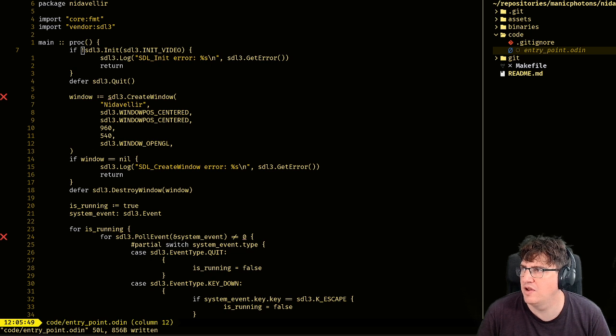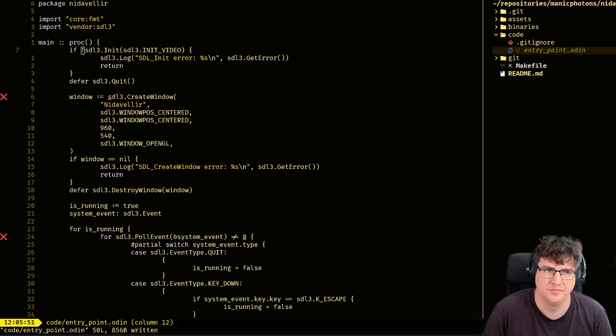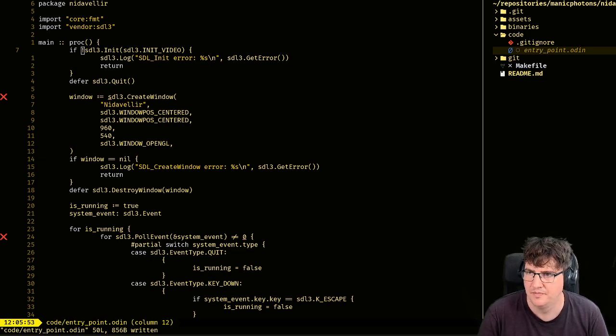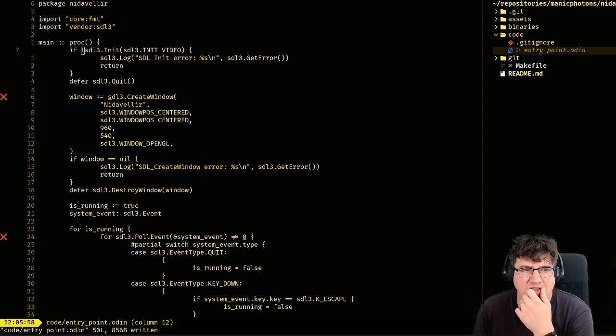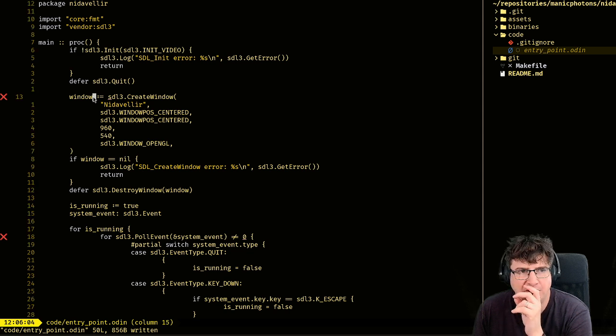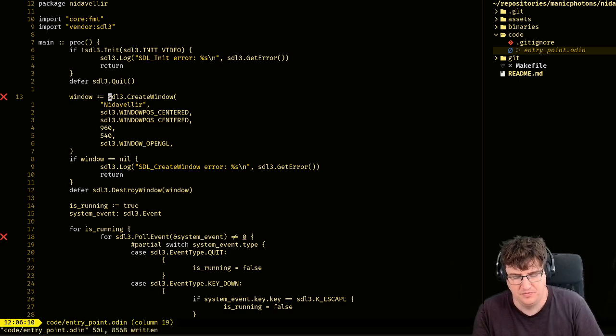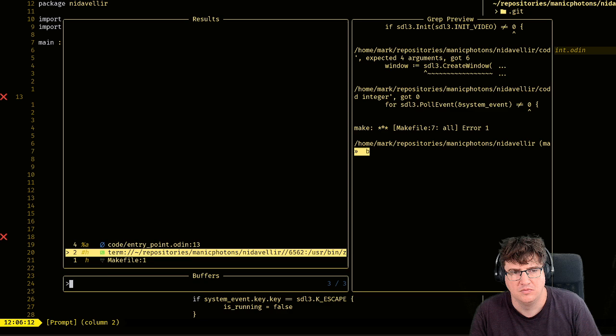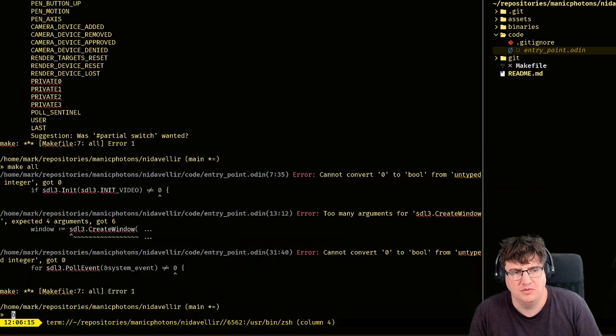Let's check create window. It returns a window pointer. I don't see what's wrong with this. Is it not able to understand that I'm making a pointer?